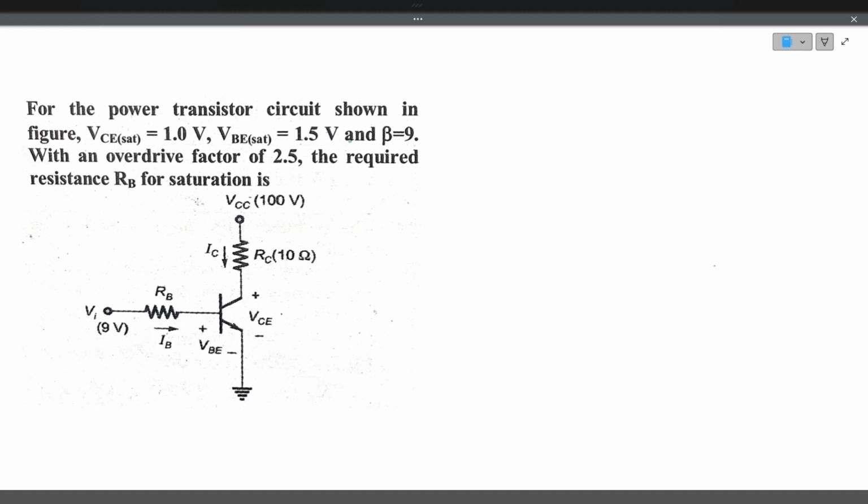For the power transistor shown in the figure, the VCE saturation is 1 volt, VBE saturation is 1.5 volts, beta is equal to 9. With an overdrive factor of 2.5, the required base resistance RB is. So here, the VBE saturation and VCE saturation, everything is given. Now let's apply Kirchhoff's voltage law in the output loop. By applying KVL at the output loop,